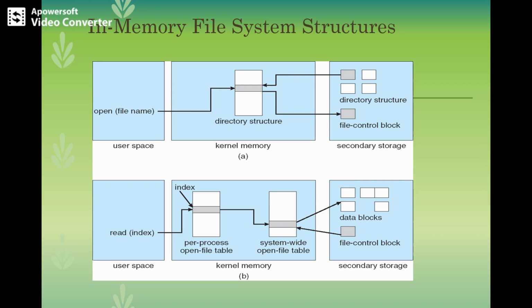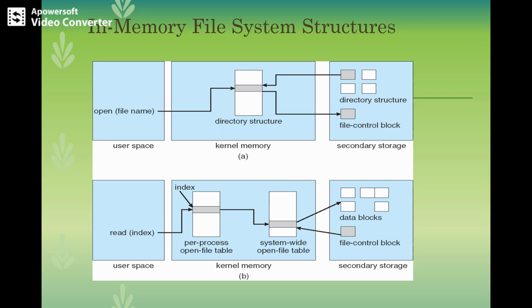First of all, once a file has been created, it can be used for IO. First, though, it must be opened. The open call will pass a file name to the file system. When a file is opened, the directory structure is searched for the given file name, because the directory structure contains a directory entry for the file name, and parts of the directory structure are usually cached in memory to speed the directory operations.